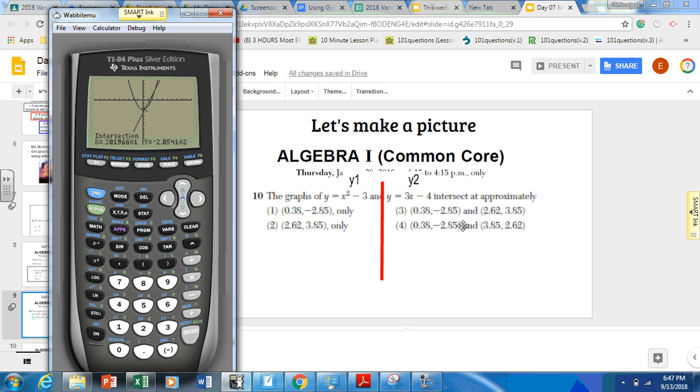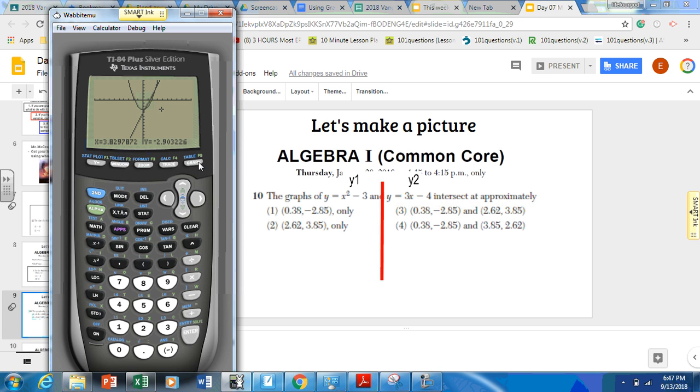I got to rule out 0.385. So here's where I'm going to go. I'm going to scroll down here. 0.385 is somewhere over here. All right, and I'm gonna say that this seems a little out of bounds. I'm gonna try a different